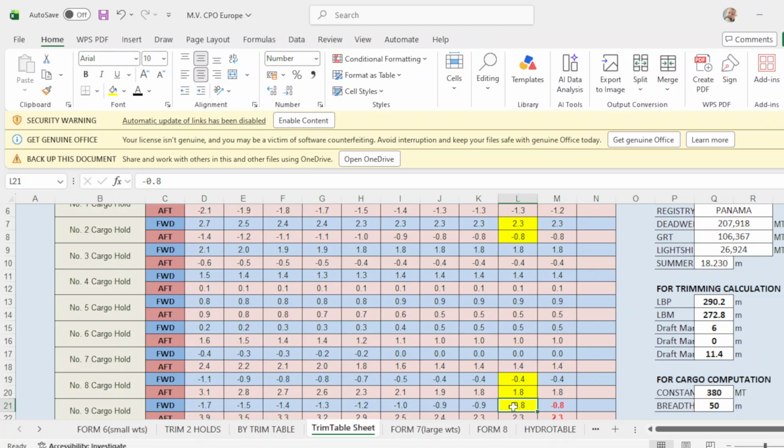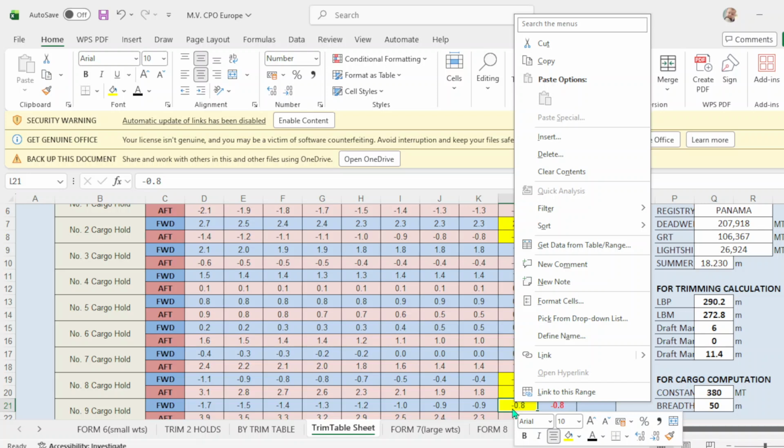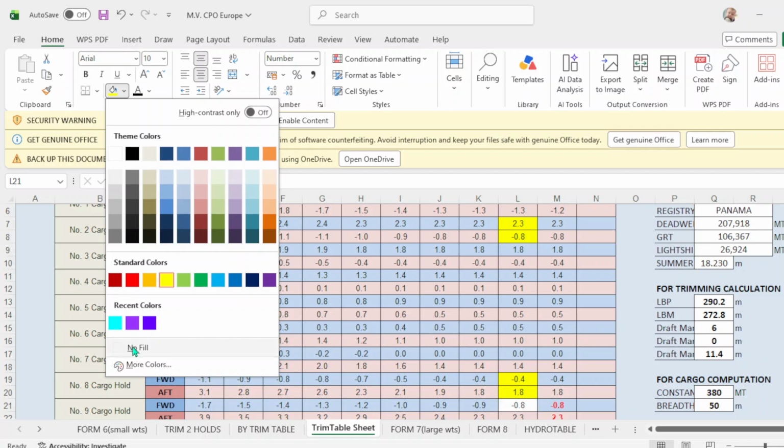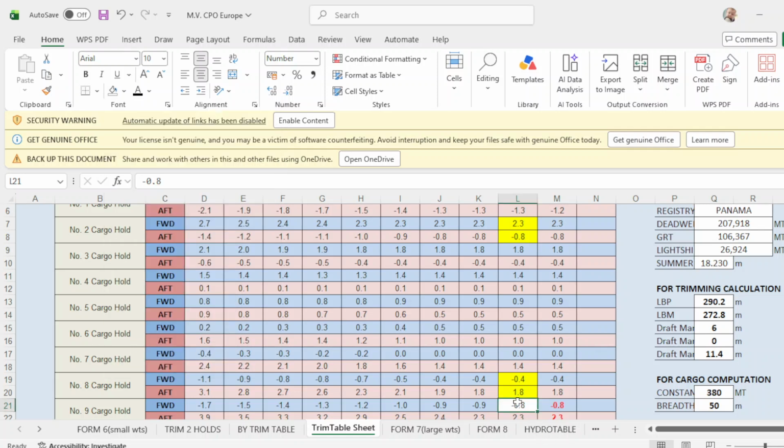Okay, so hole number 8. Forward is negative 0.4.